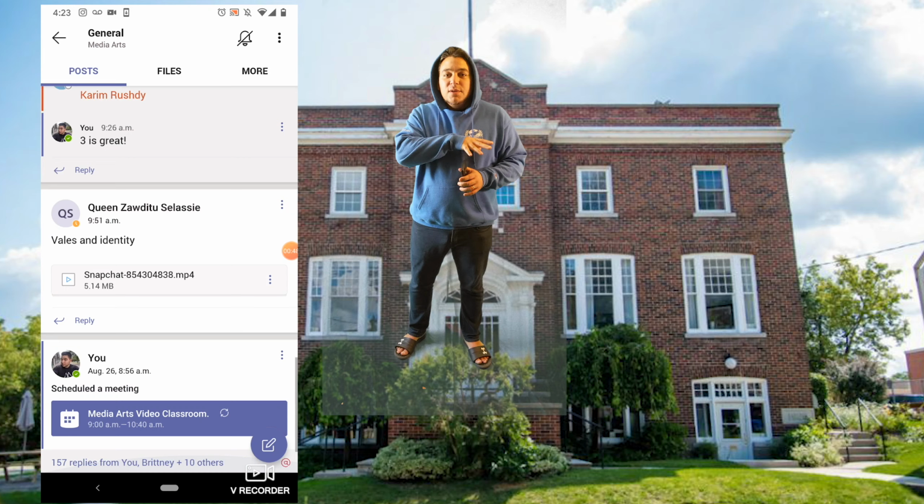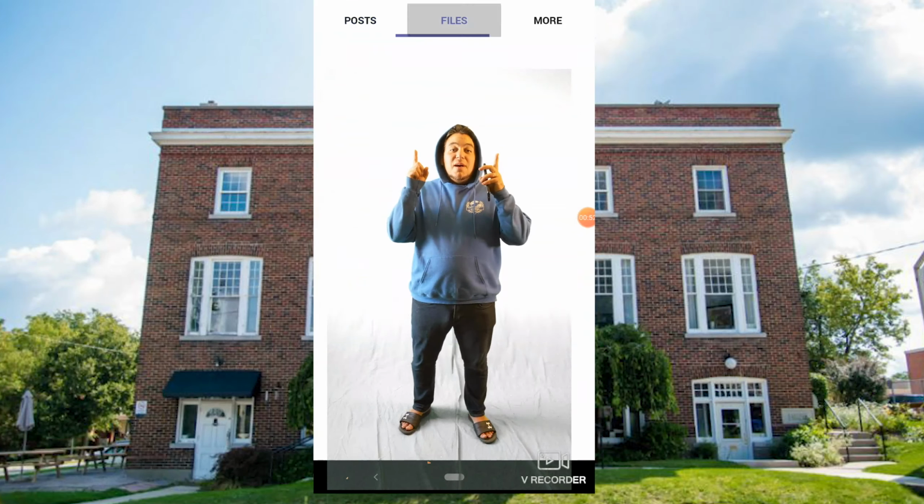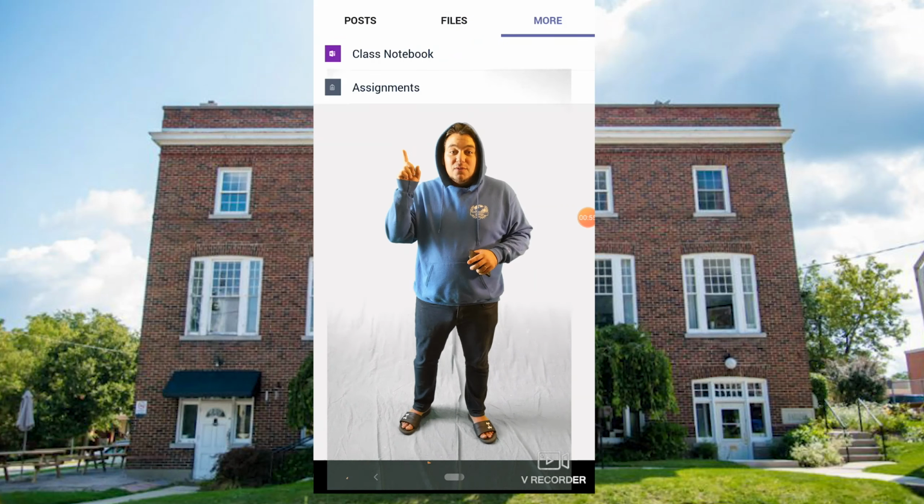Click on General. Once you get into there, then you're going to see some options at the top, which are posts, files,